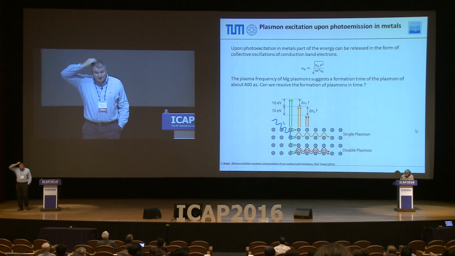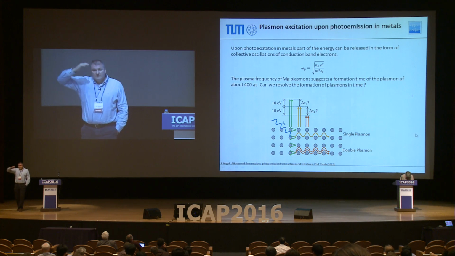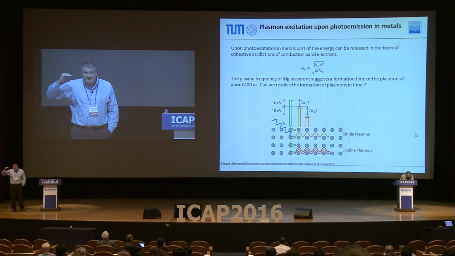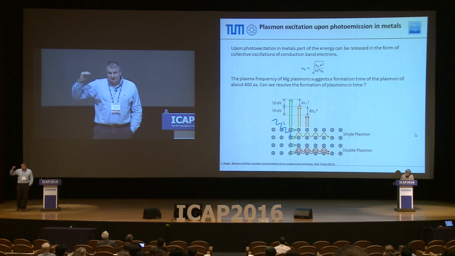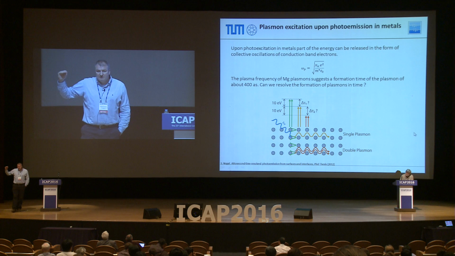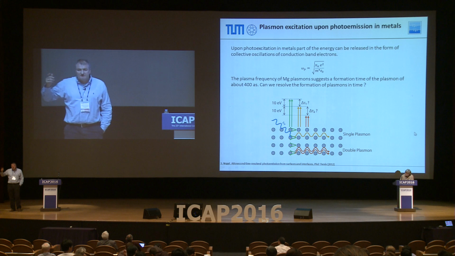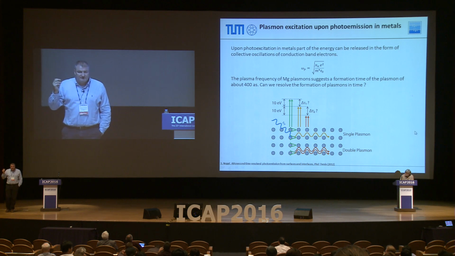So we're at the moment looking at systems where we can have surface states and also where we quench surface states. For example, it is known that if you put a monolayer of helium on a substrate, you quench the surface states, so you could compare that. But this is a little bit of a tricky thing because